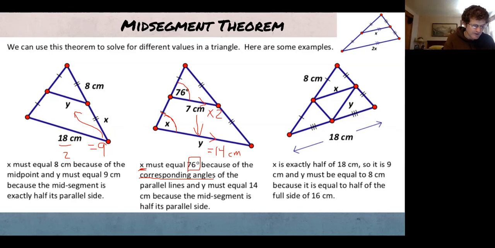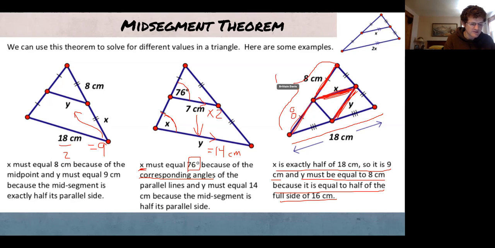All right, if we look at the last one, if this entire length here is 18, X is the mid-segment for that side. So X is exactly half of 18, so it's 9 centimeters. Y is this one right here, and Y must equal 8 because it is half of the full side of 16. This 8 only gives us that length. If I look at the entire length, because those are congruent, those are both 8, the entire length is 16. And therefore Y has to be half of it, 8. So hopefully none of this is